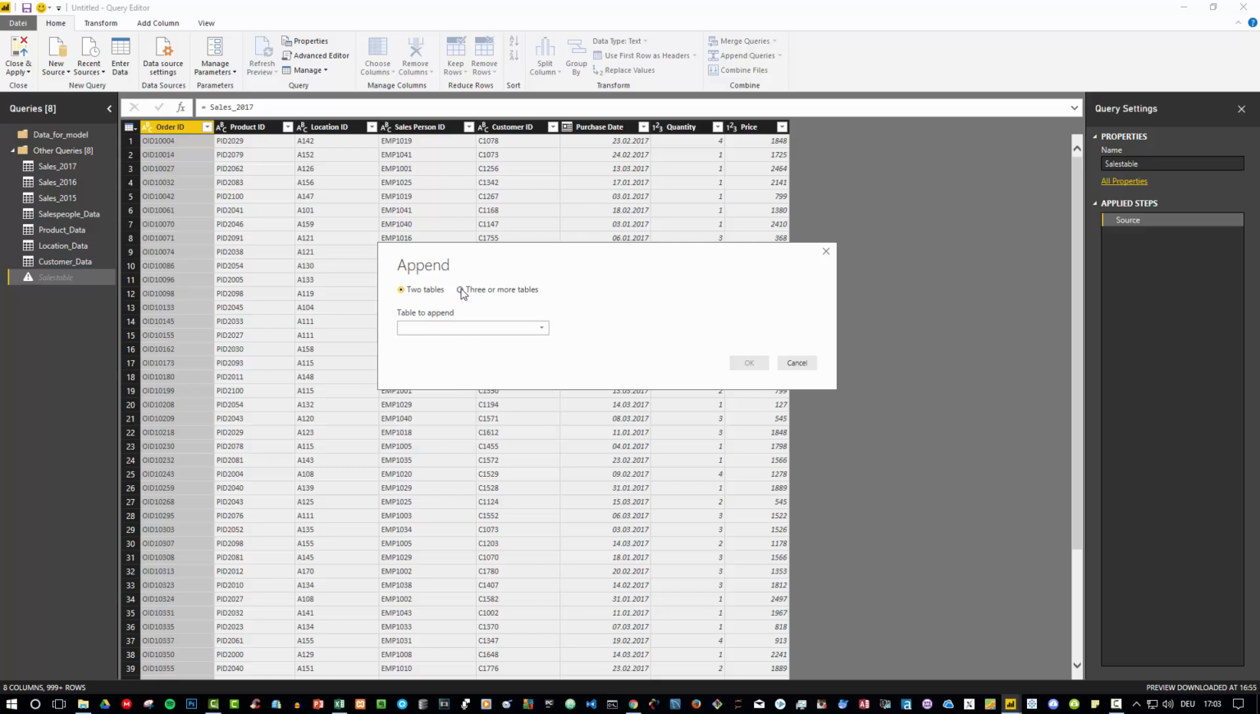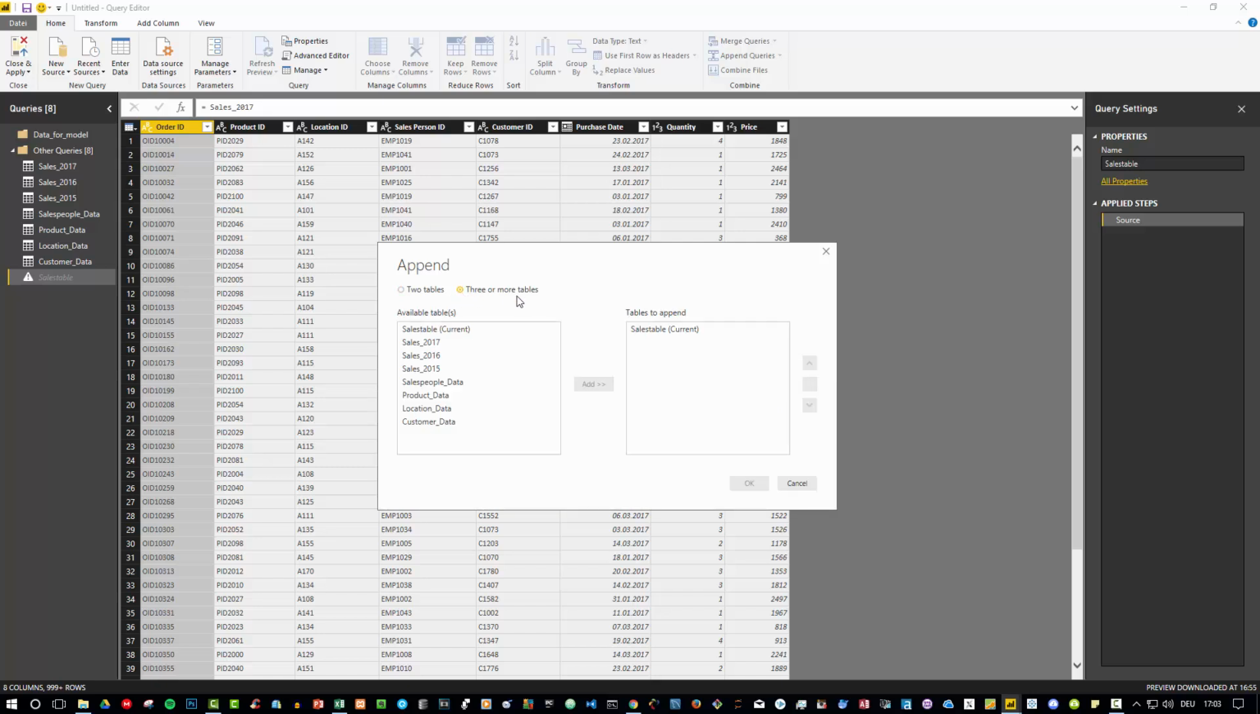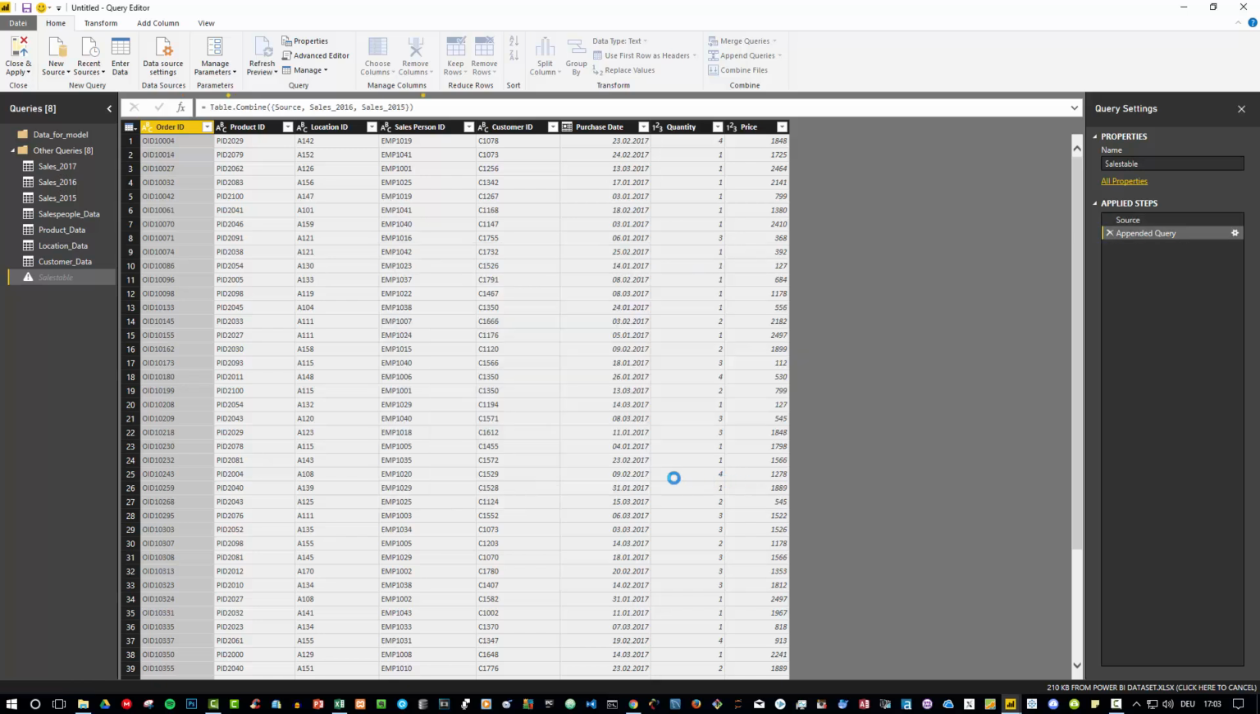I have the option to select more tables, so I click on 3 or more tables, and now what I can do is simply select the tables I want, 2016 and 2015. You can select both of them holding the Control key, and then simply click on Add, and you can see that I'm appending now sales 2016 and sales 2015 to my sales table current, which is a reference of the sales 2017, right? So what I'm doing is simply click OK, and now I have my sales table,